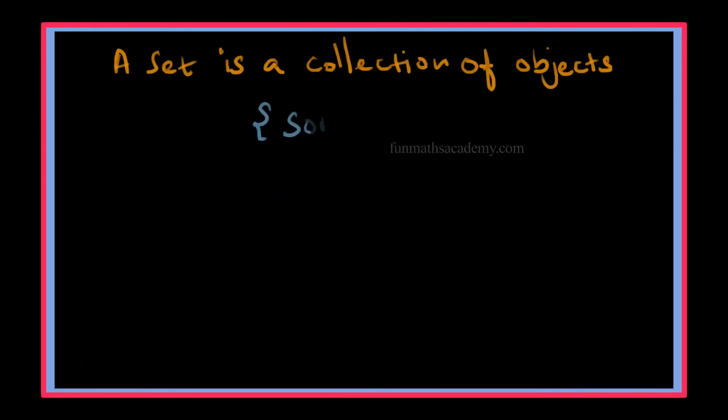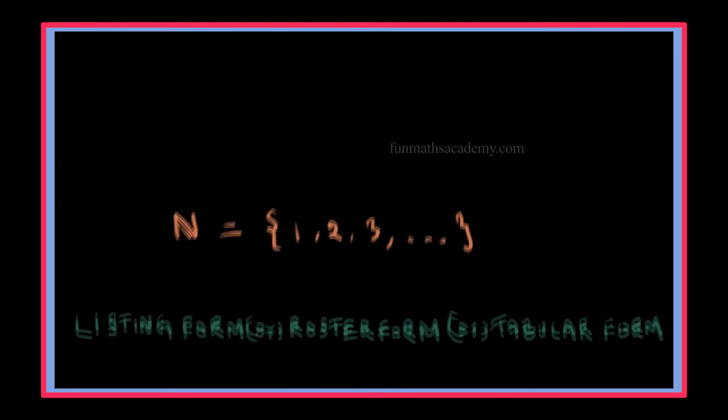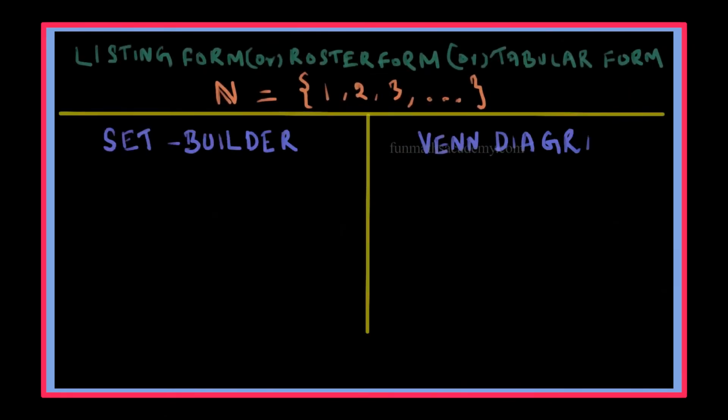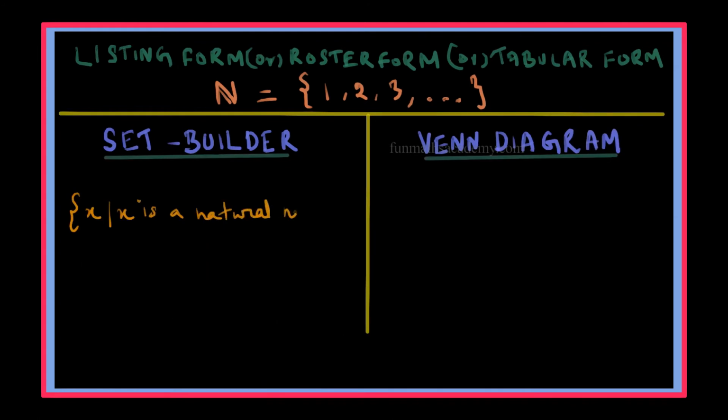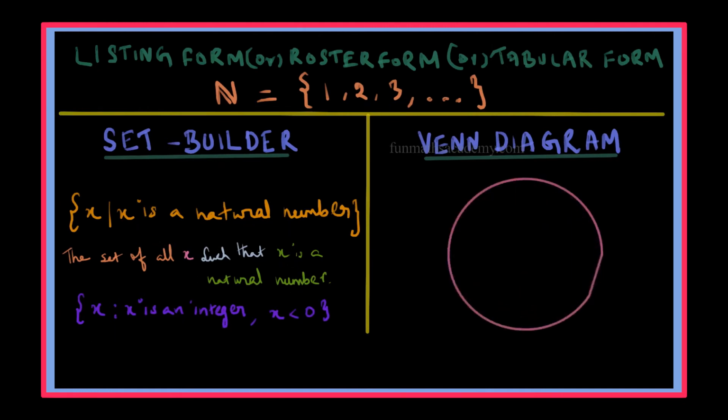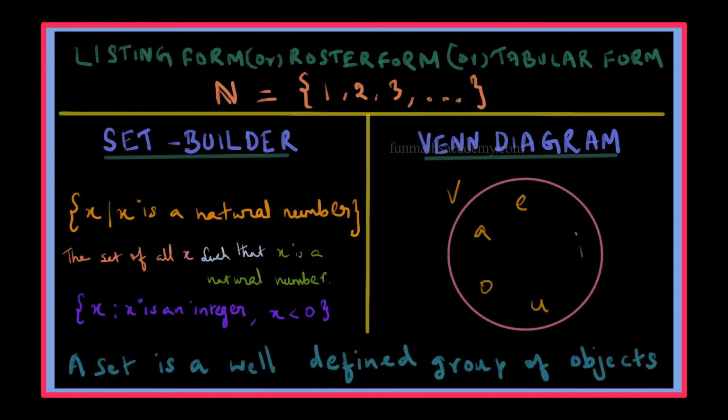A set is a collection of items, and a set can be represented in roster form, set builder form, and as a Venn diagram. In roster form, elements of a set are written as a list. In set builder form, elements are represented using a variable written within curly braces, and the characteristics of the variable are separated using commas. To learn about them in detail, check out the link mentioned in the description box.